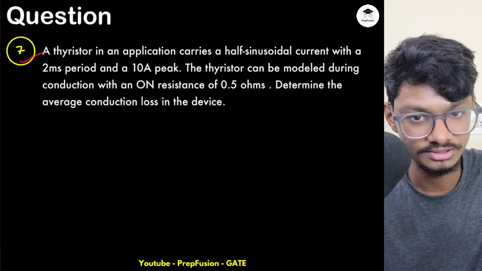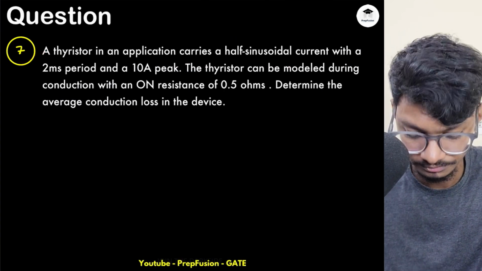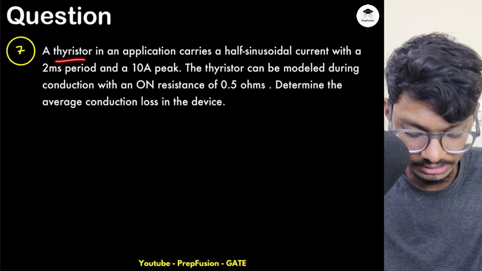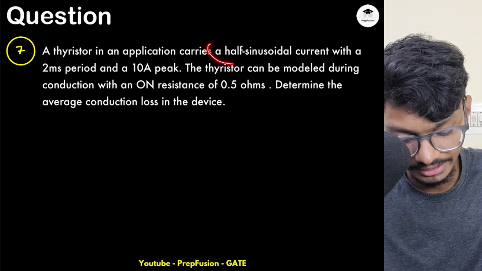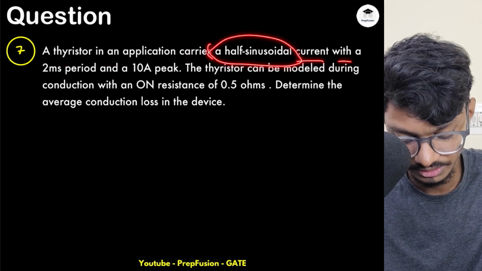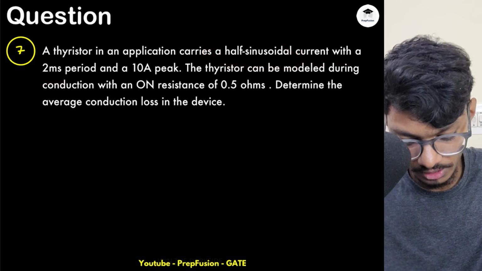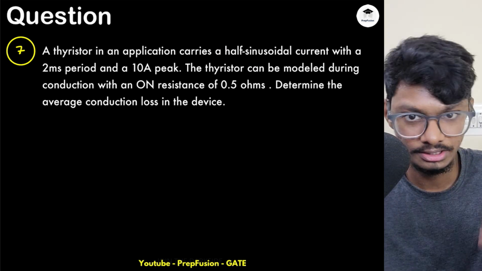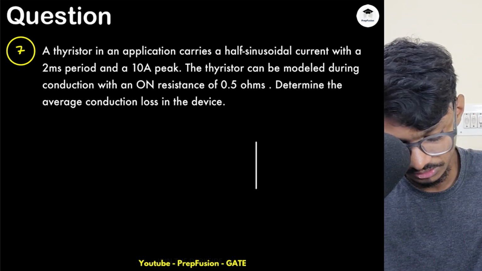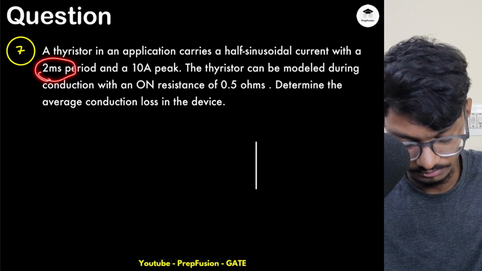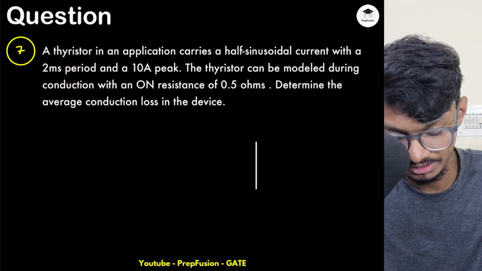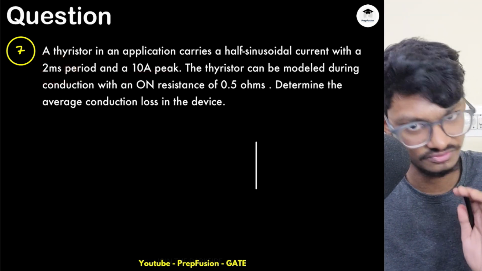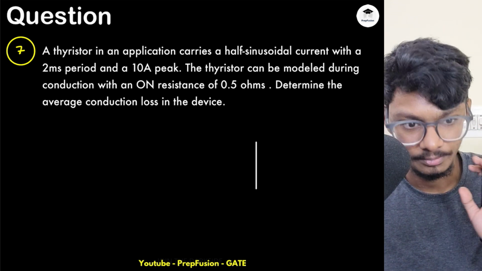So let's solve this seventh question. In this seventh question, what have they told? A thyristor in an application carries a half sinusoidal current with 2 millisecond period. Okay, so thyristor is carrying half sinusoidal current, so obviously it is acting like a rectifier. So with 2 millisecond period and 10 ampere peak, 2 millisecond period means frequency is